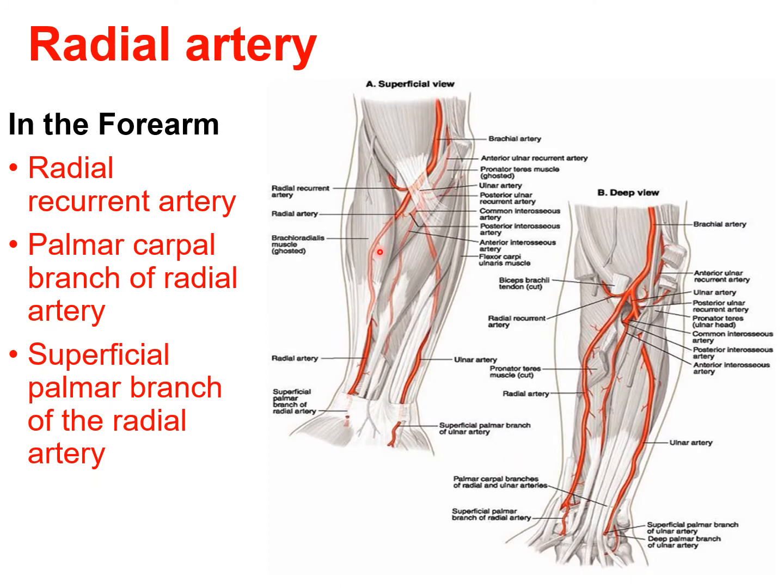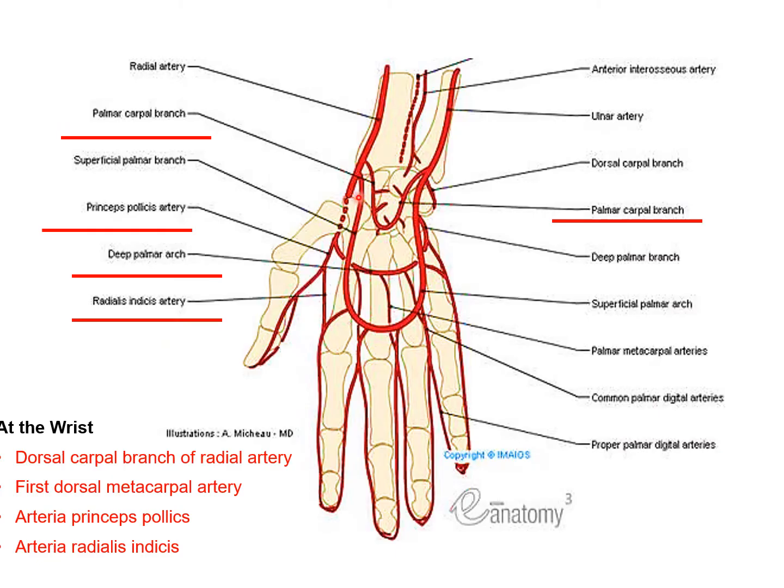The radial artery is a small terminal branch of the brachial artery in the cubital fossa and it is running downwards and to the wrist joint. The palmar carpal branch of the radial artery, it arises near the lower border of pronator quadratus. It runs medially deep to the flexor tendons and it ends by anastomosing with the palmar carpal branch of the ulnar artery, thereby resulting in formation of palmar carpal arch.